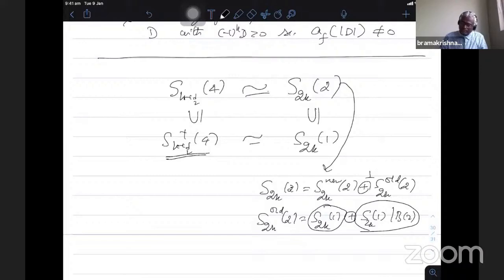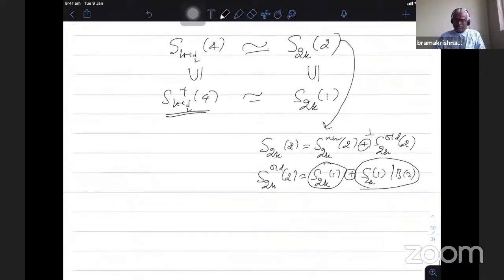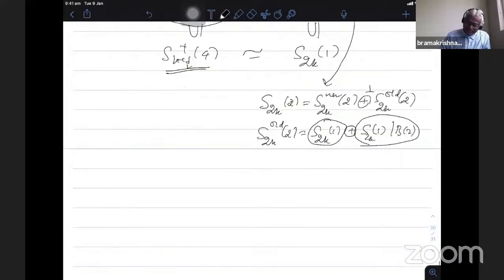Therefore, this is mapped to one of the direct sum decompositions of the S2K2. Okay, when I talk about new forms, I will just describe our work, which we extended to the full space. One can also talk about new forms of half integral weight forms, not necessarily the plus space. So that is where we will use this one. Okay, that is one aspect done.